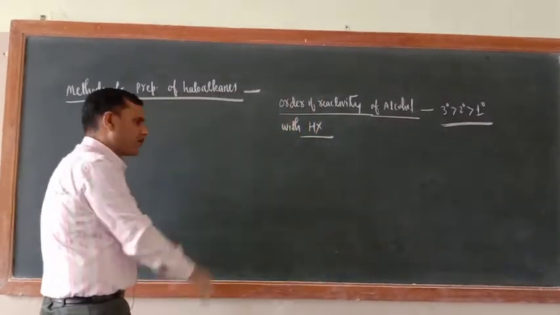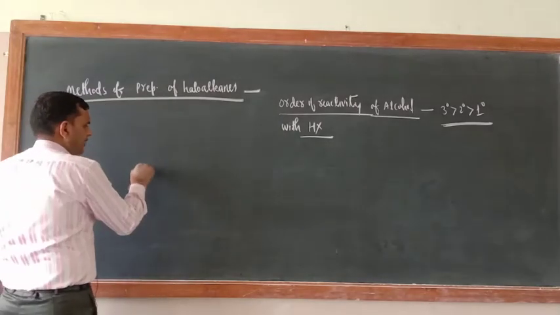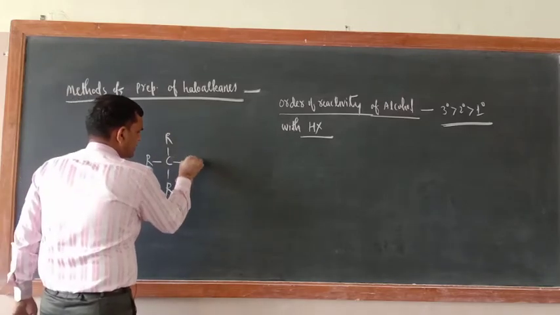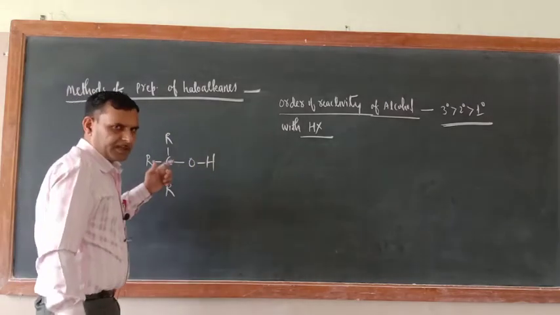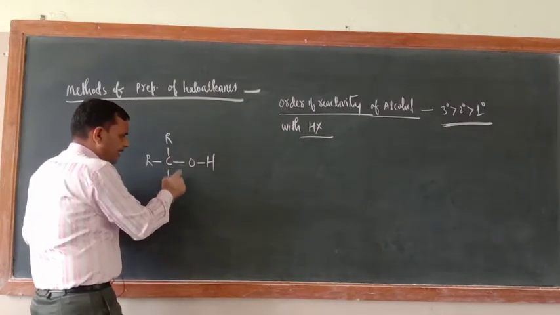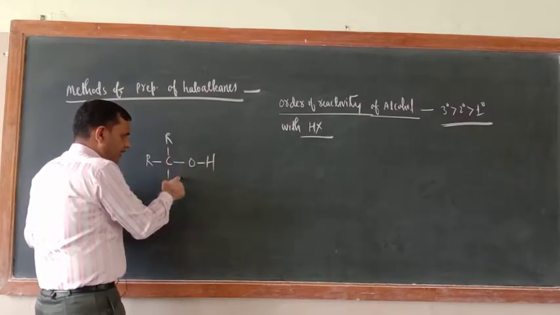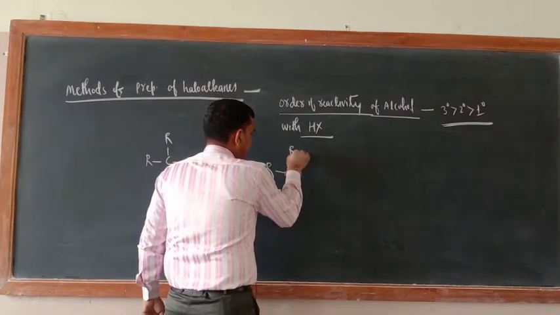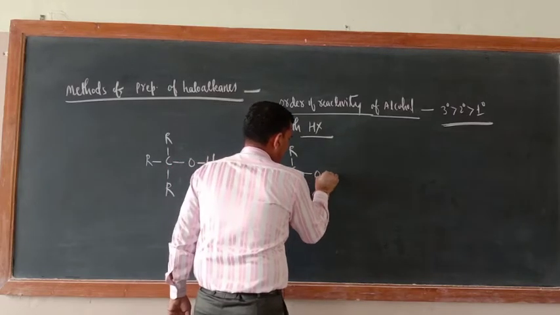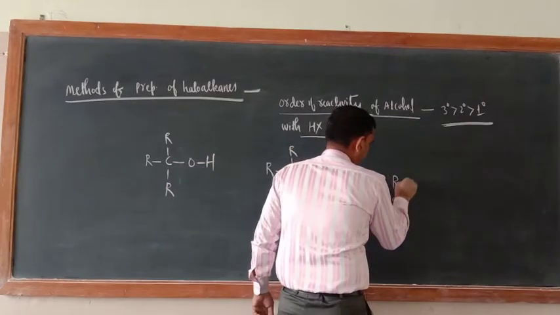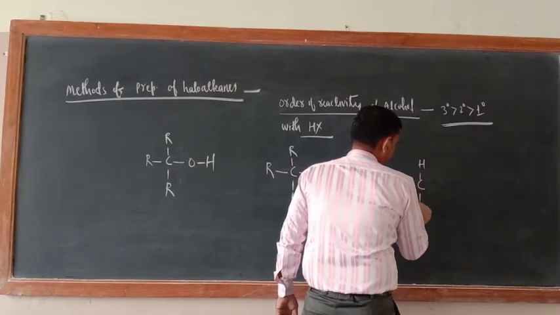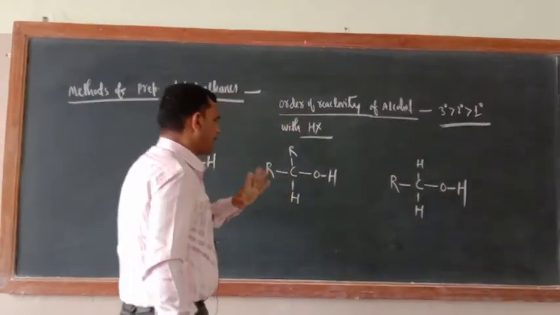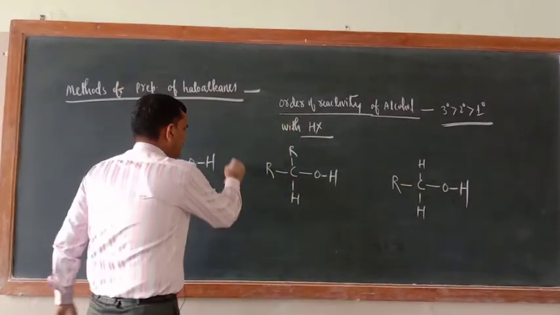See, in the case of alcohol also, 3 degree alcohol means this is there, R, C, R, and this is OH, and now in that method the bond is getting broken from here only. Now in the 2 degree case, R, C, here R, here H and here OH. Now here R, C, H, and here OH. Any problem here? Now just see, why is 3 degree alcohol more reactive?